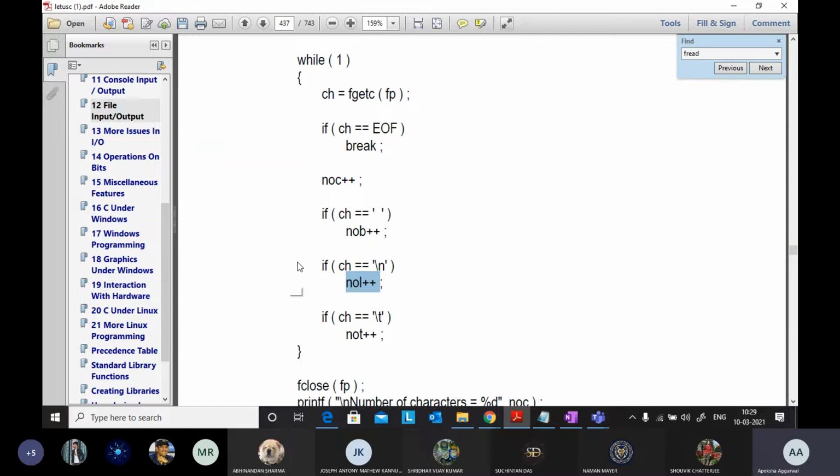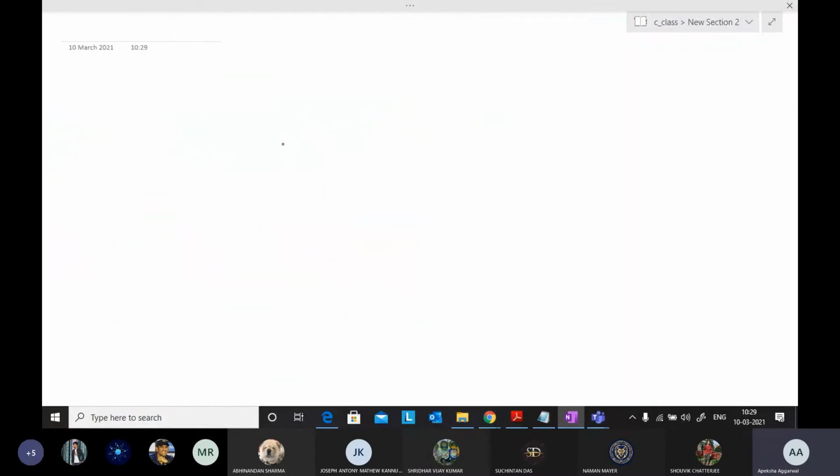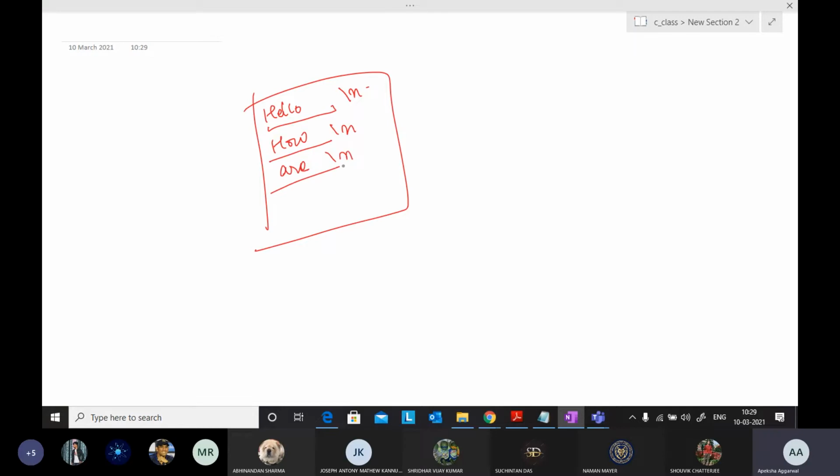So what is happening here is, suppose this was your file. This was your first line. After every line there is \n. So this is first line, hello. Second line was how. This is \n, r \n, and u \n.